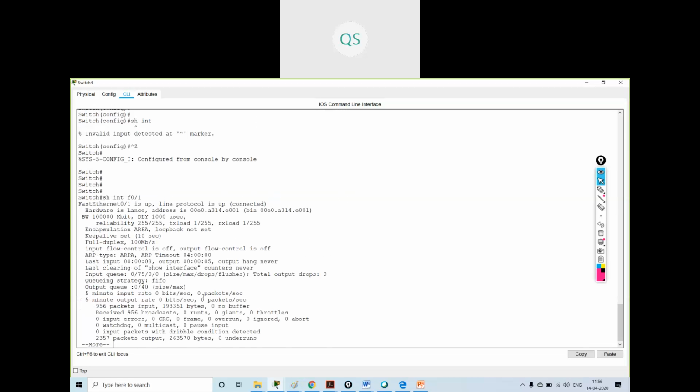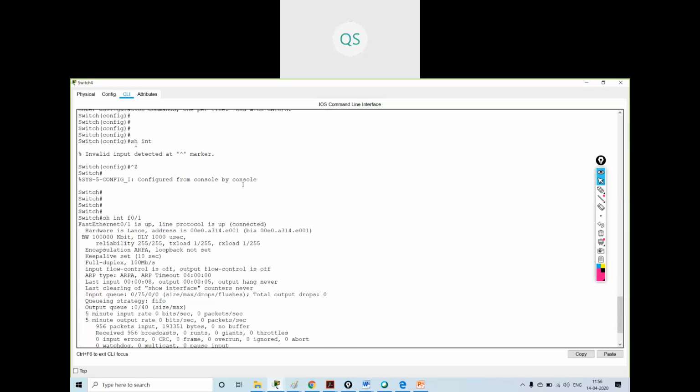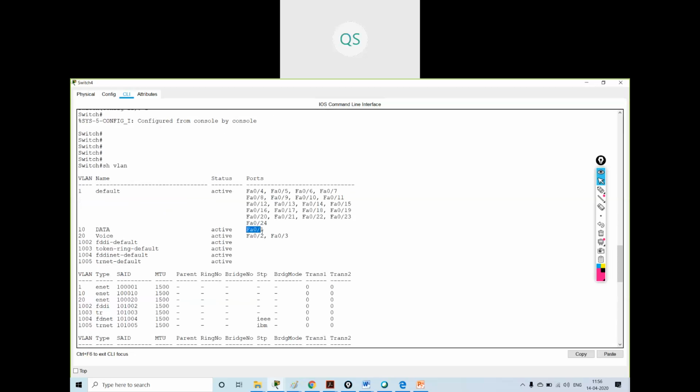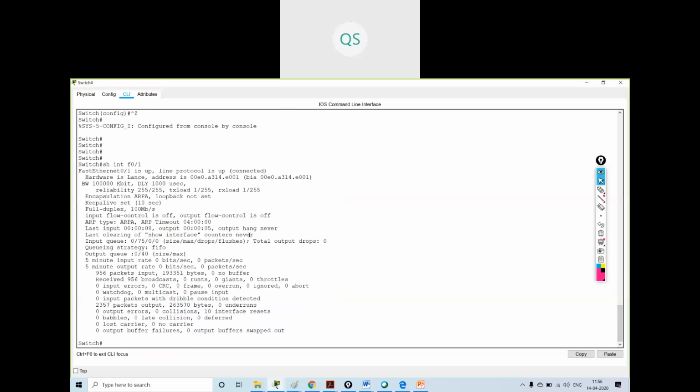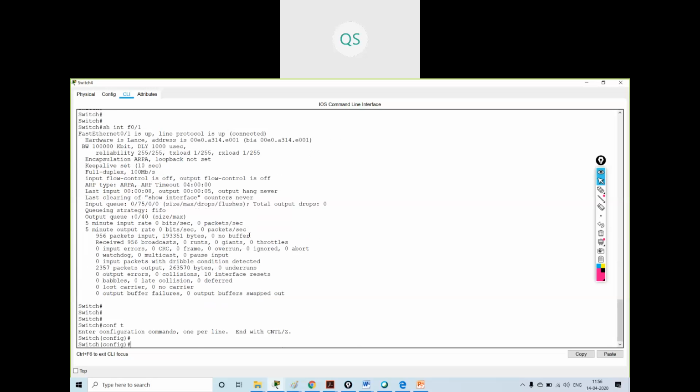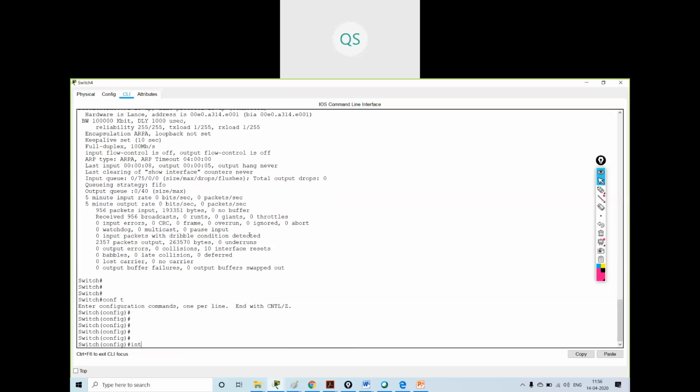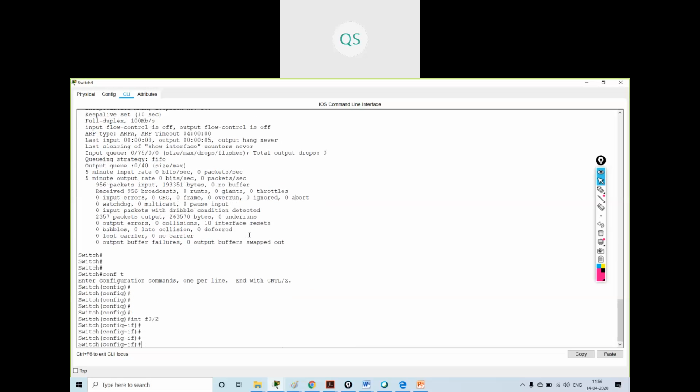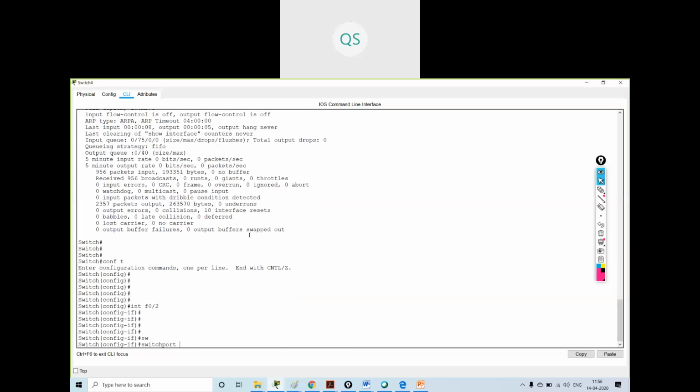We have configured this thing to carry data VLAN traffic, and we have configured fast Ethernet 0/2 to carry both the traffics, data as well as voice VLAN traffic. So it should carry both the VLAN traffic. Let me check. Interface fast Ethernet 0/2.